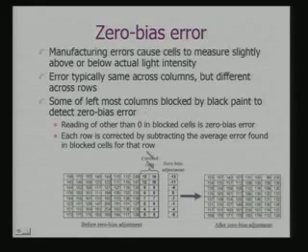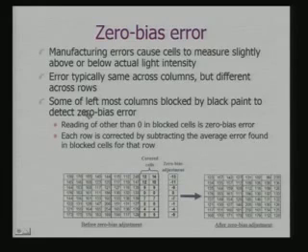If this is a CCD array, and these are the values sensed at each of the CCD sites, then the leftmost cells corresponding to each row are covered. That means no light is incident on them. Now we measure the sensed current corresponding to these sites, and we get what is called a zero bias. The zero bias has to be subtracted from the readings of the other sites to get the corrected value.